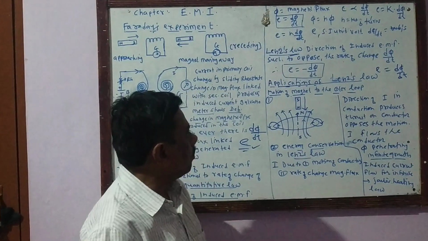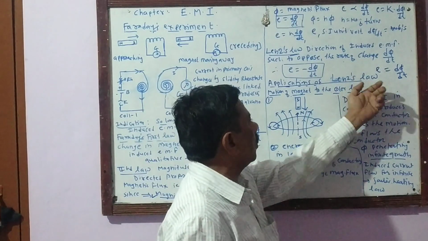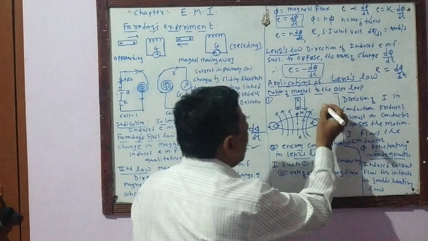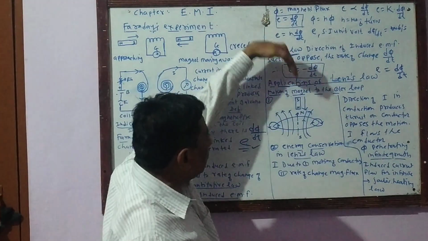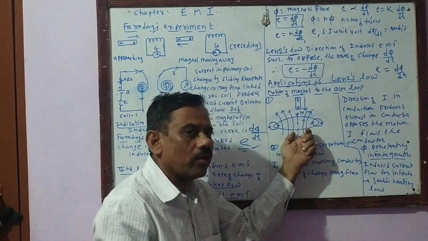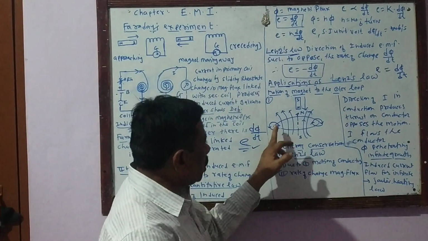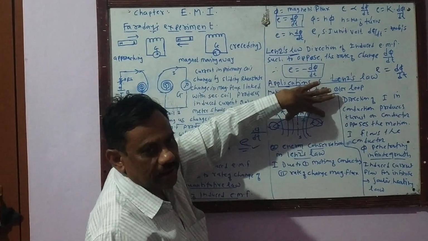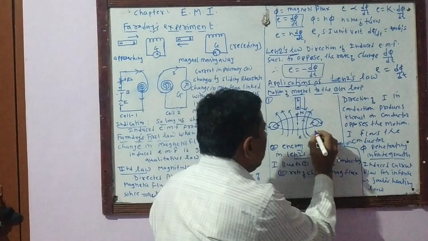Now the explanation of Lenz's law: first, the motion of a magnet toward a circular loop. Let us consider a circular loop, and the magnet is placed near the circular loop. When the magnet is moving toward the coil, along the axis of the coil, what will happen? There is a change in magnetic flux linked with the circular loop, and this change produces an induced EMF in the coil, generated in such a way that a dipole is produced here,